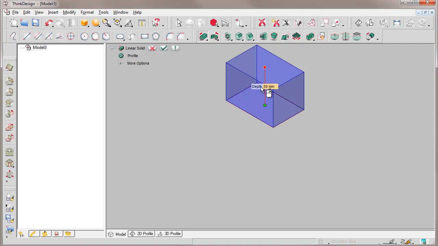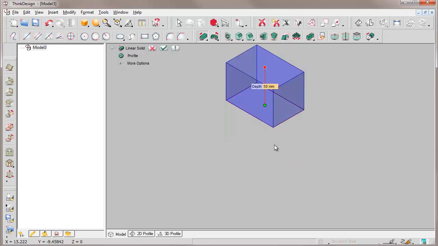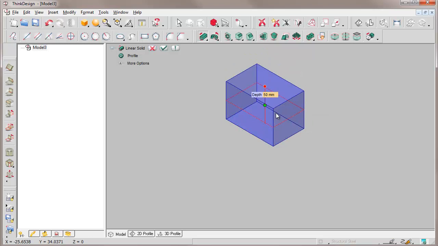In this case, we can, by opening the contextual menu of height, specify invert to invert it, or specify symmetric, to divide the height indicated in both directions.